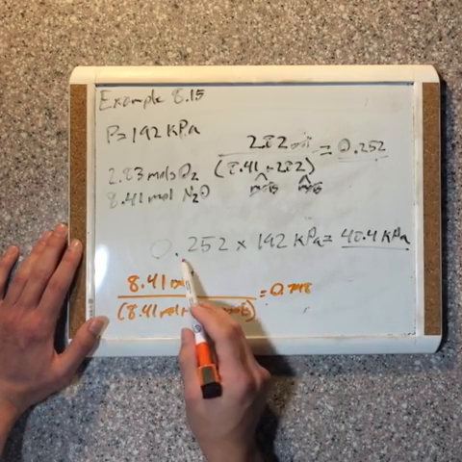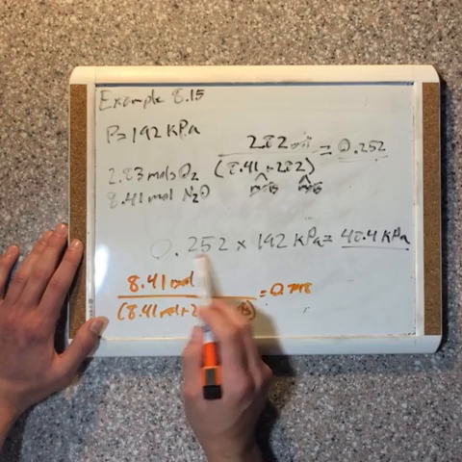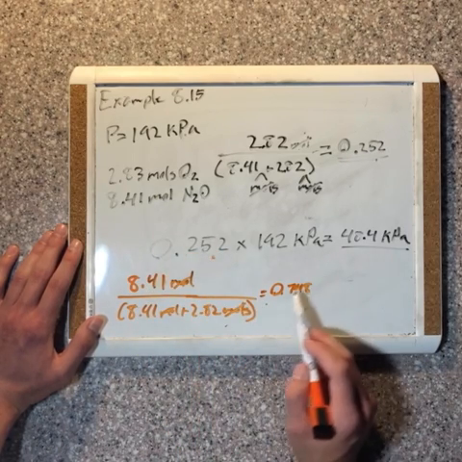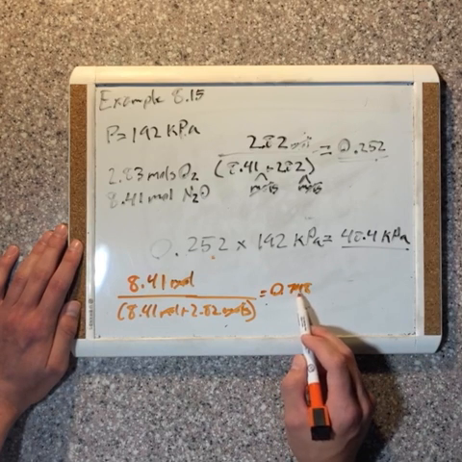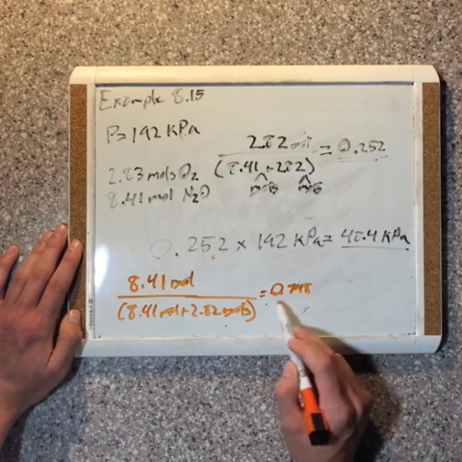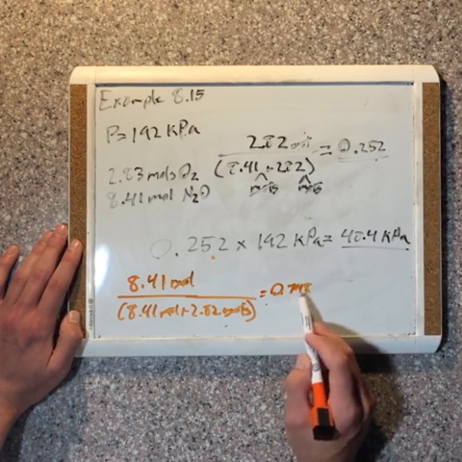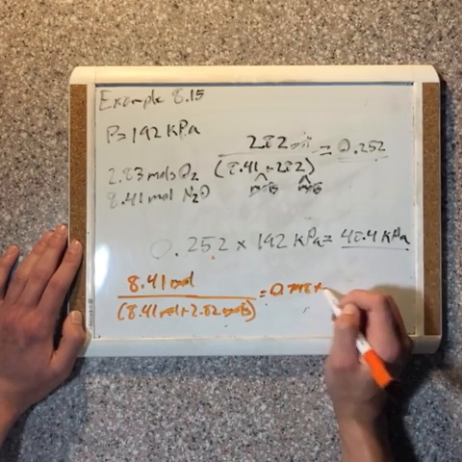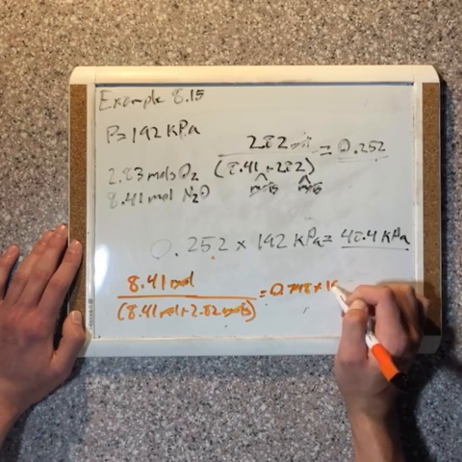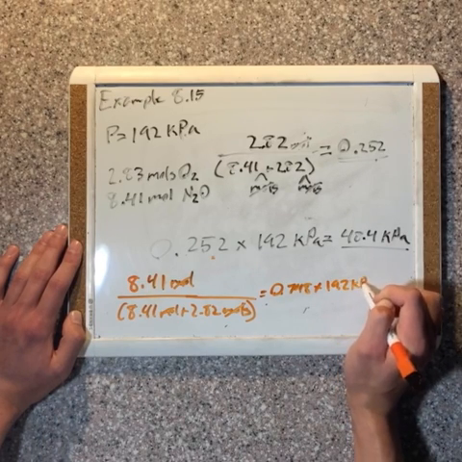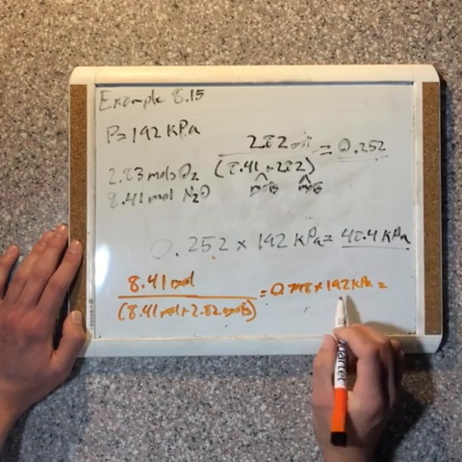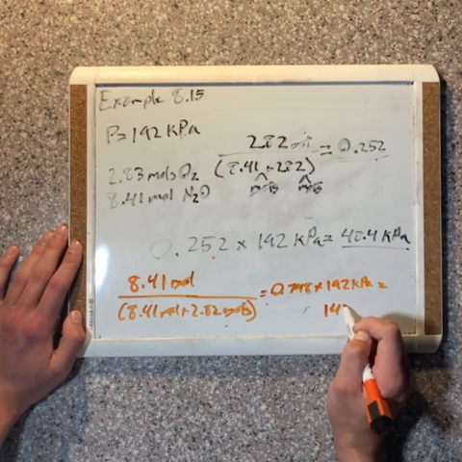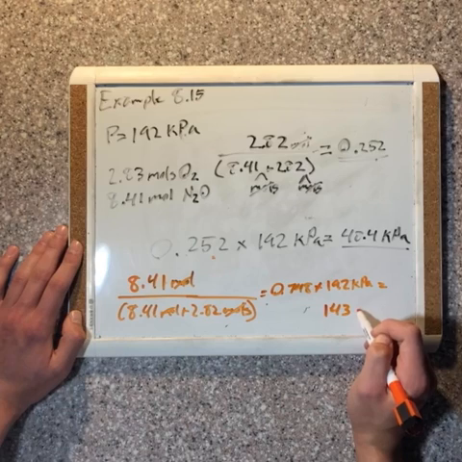which should be 1 minus this number, since this is 25.2%. It makes sense that we have 74.8% of the pressure being contributed by nitrous oxide. But we take that, we multiply it by the total pressure, 192 kPa, and we get a partial pressure of 143.6